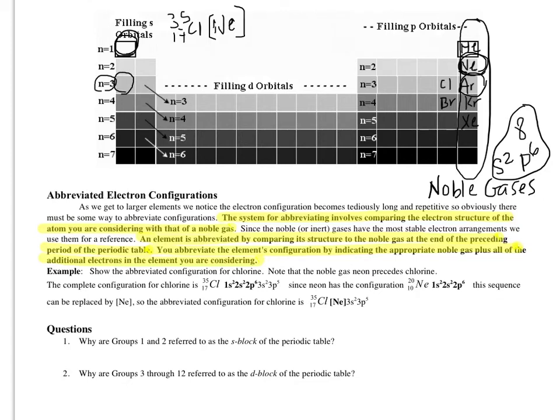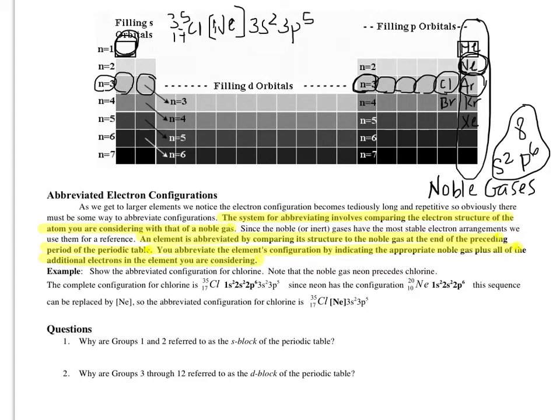So you're going to say, okay, I'm in the 3rd row of the S block, and I've got these 2 elements that are in the 3rd row of the S block. And now, just like before, I'll go over here, and now I'm in the 3p section of the periodic table, third row, P block. And to get to chlorine, I'm going to go through 1, 2, 3, 4, 5 elements that are all in